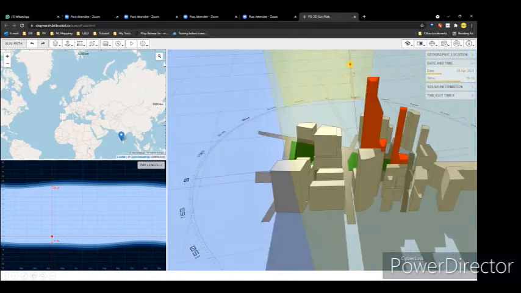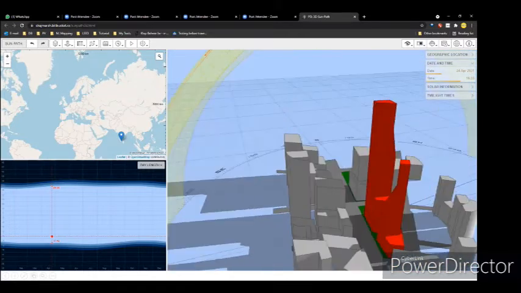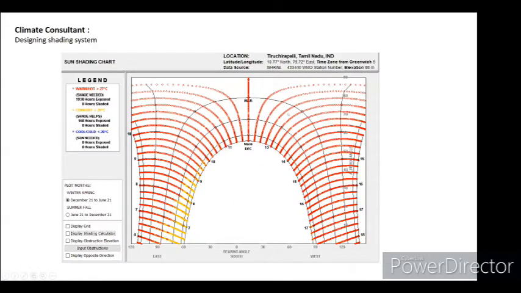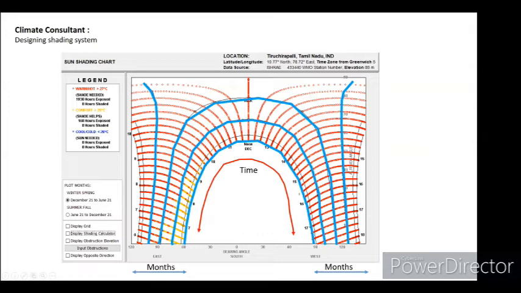If you look from the perspective of the window, the sun actually moves in this shape, similar to the solar path. You can see that these are the different months, and these are the different times from 7 to 17. So this is how you project the sun in a sun shading chart. And all these points are nothing but the 8,760 hourly data points of the sun's radiation being measured each and every hour.